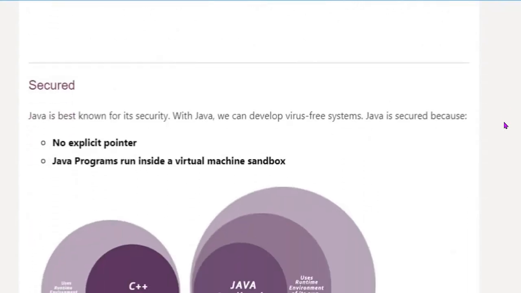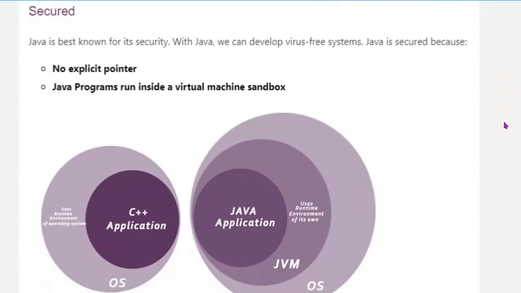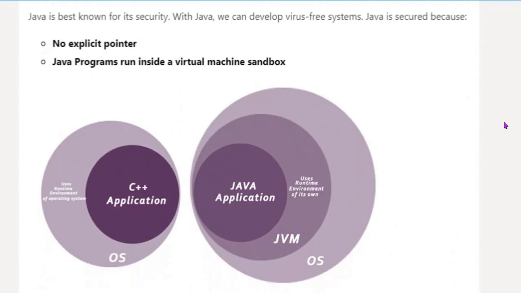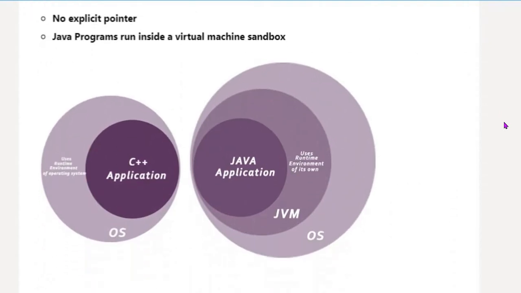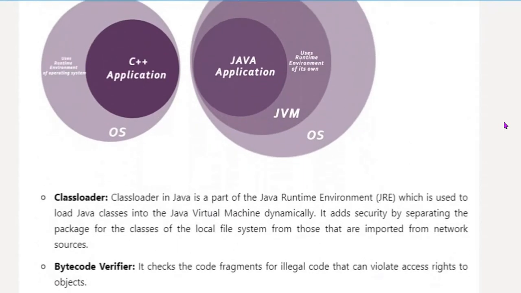And security means Java is best for its security. So Java is secured because there is no explicit pointer. Pointer means directly what we use on the memory, sir. We have the concept of pointer in C, C++, where all the memory management happens with pointers. We have to handle the memory, occupy the memory, create all our resources within the memory, and process it. But in Java, we don't have to handle memory. It automatically allocates the memory when we create objects. This I got it, sir.